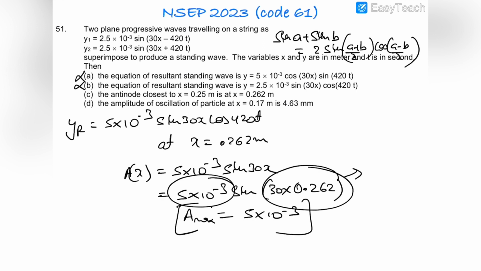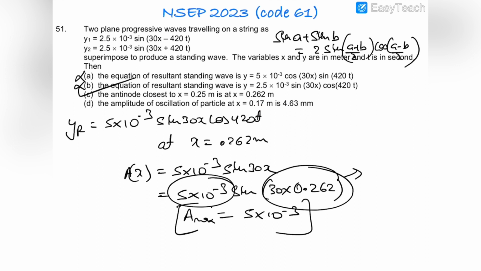So option C is correct answer. I've already concluded it with the calculator, because obviously we have to use a calculator in these kind of questions, or you will take so much of time. And in this D part, the amplitude of the oscillation of the particle is this one, the particle which is